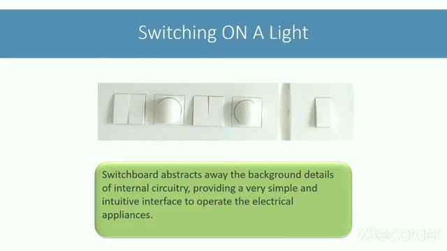Obviously, you go to the switchboard, press the required switch to turn on the light or fan. You don't worry about how that switch is turning the light on, what is the internal wiring, etc. Switchboard is hiding all such background details from you and providing you a very simple way to switch on or off the light. You encounter such examples of abstraction every day in your life.